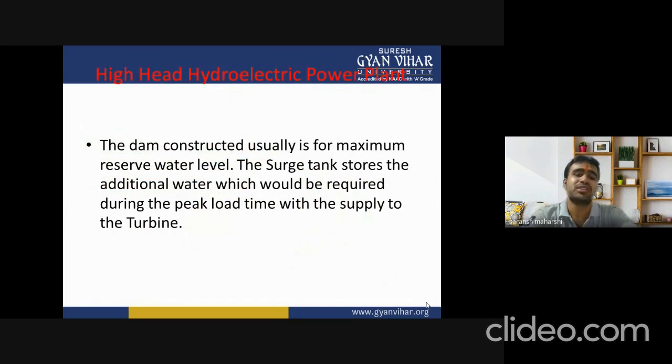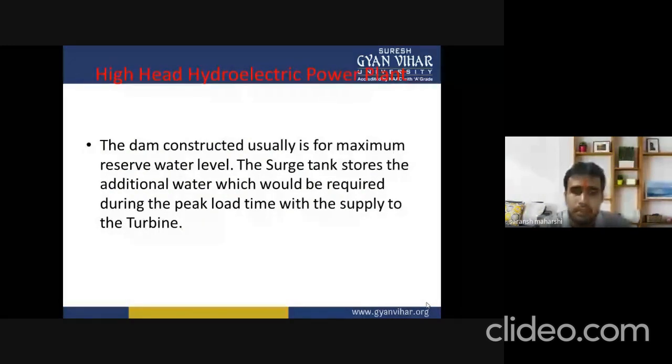Now we will discuss the high head hydroelectric power plant. The dam constructed is usually for the maximum reservoir water level. The surge tank provides the additional water which would be required during the peak load time to supply to the turbine. The dam is constructed for the maximum reservoir water level, and we use the surge tank for this. Here the penstock is connected to the dam, and the penstock and reservoir are connected in the upper part of the dam, and so it is